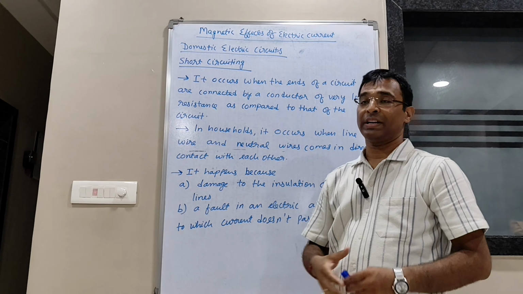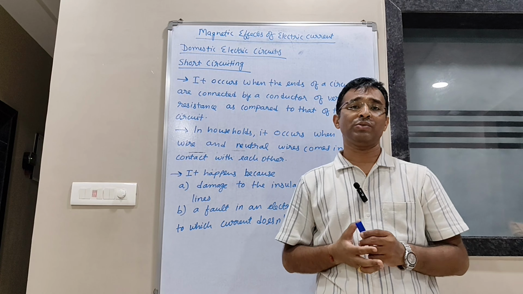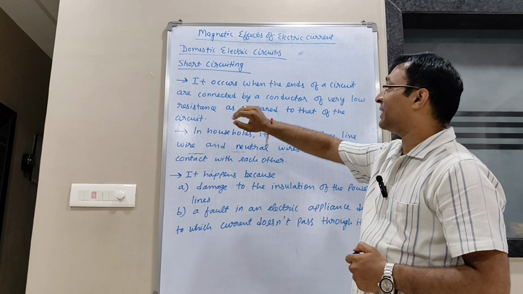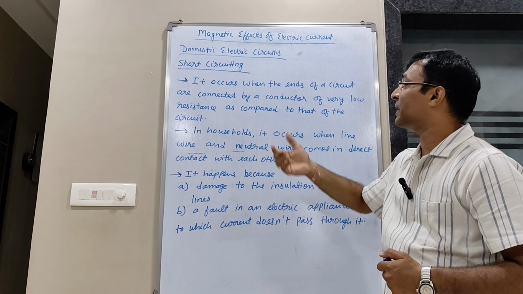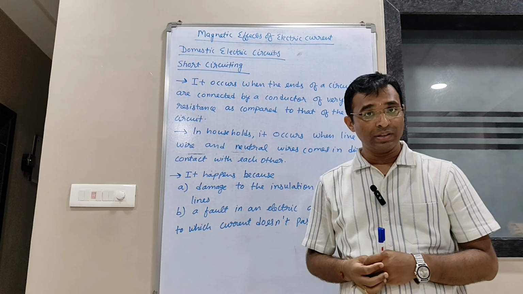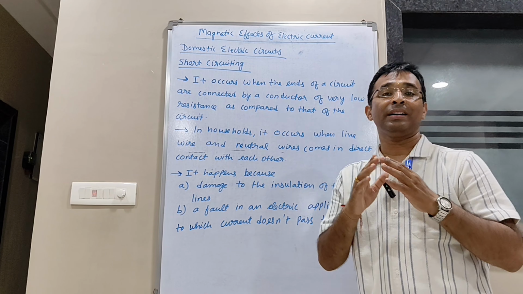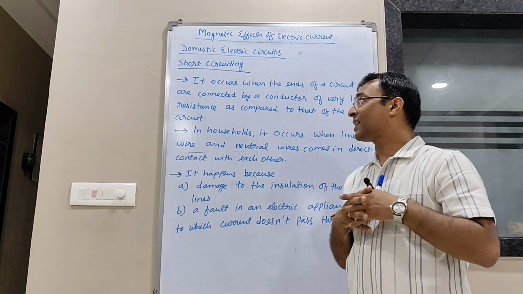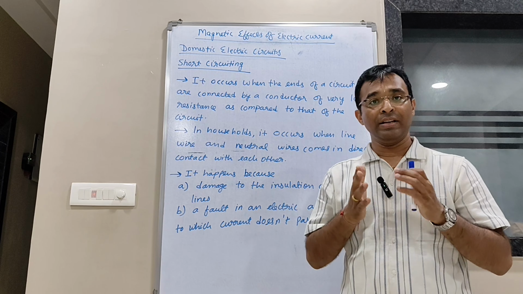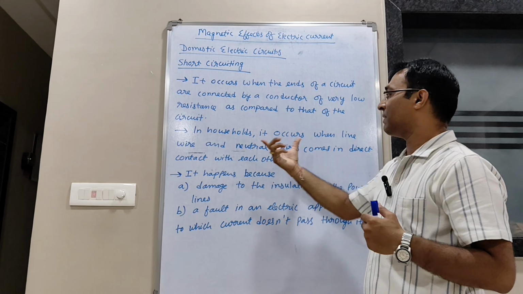Next is short circuiting. This is a very common phenomenon which occurs in our day-to-day household circuits. Why? What is it? It occurs when the ends of a circuit are connected by a conductor of very low resistance as compared to that of the circuit. मान लो एक सर्किट का एक रेजिस्टेंस हो, अगर कंडक्टर का रेजिस्टेंस उससे भी कम हो जाए तो वो शॉर्ट सर्किटिंग कहलाता है। इन सिंपल वर्ड्स, जो हमारा हाउस होल्ड की बात करें, it occurs when live wire and neutral wire come